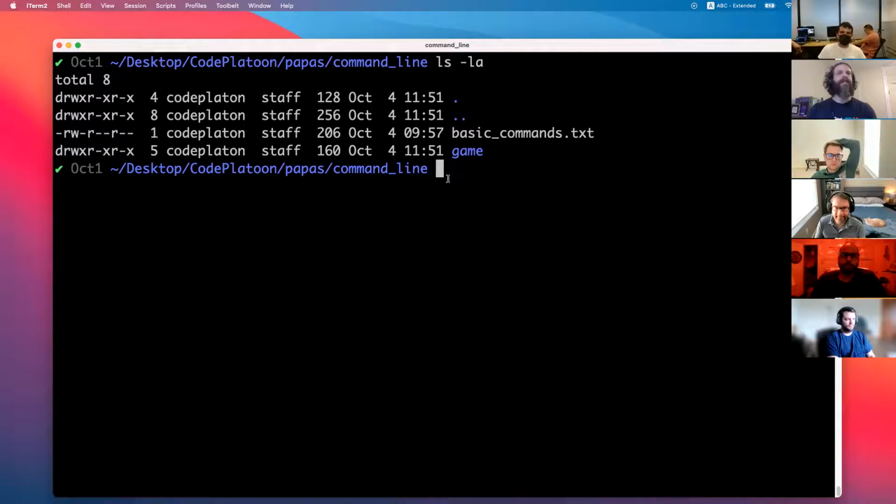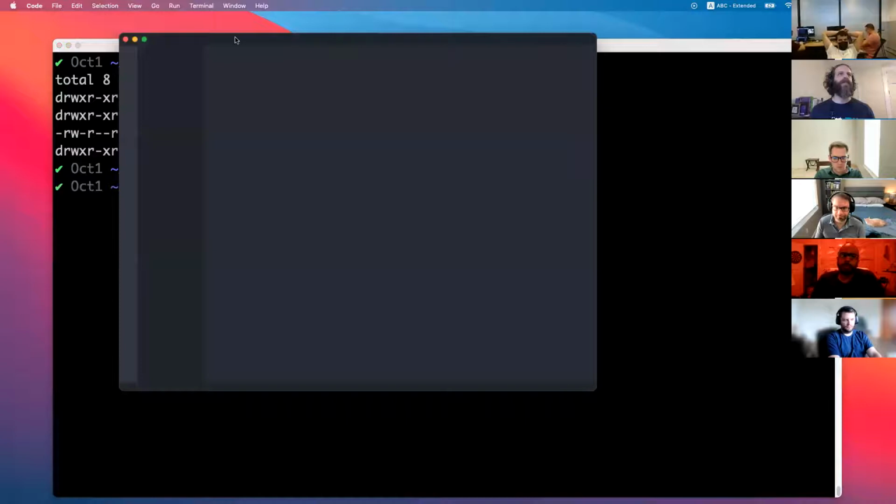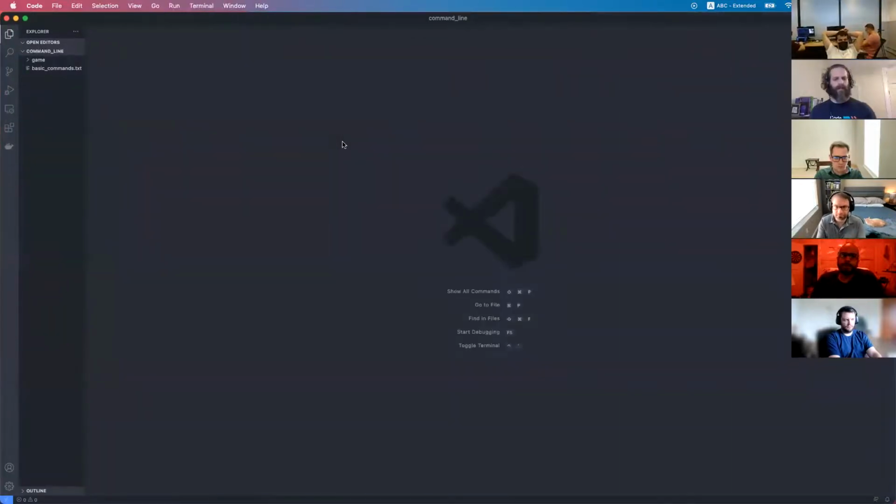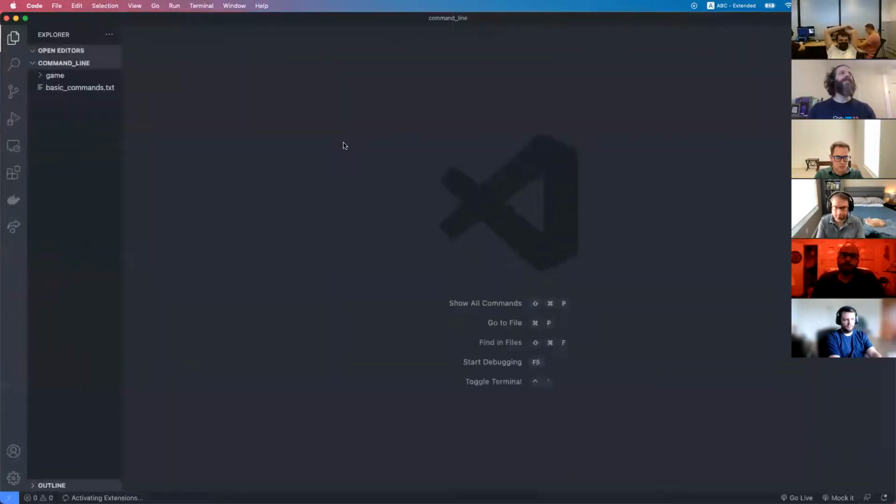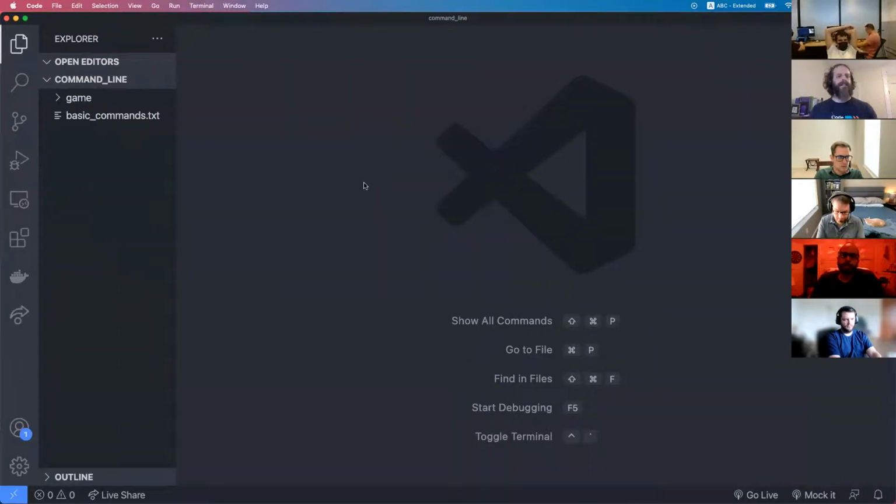It's your current directory. So if I want to open up this particular folder in VS Code, I could do code, because if you set this up, code is now in your path. I can do code dot, which means open up code where I am right now. So I can type that in. It should open up. Let me enlarge this. Okay. I'm going to close this right now, but you can do that.